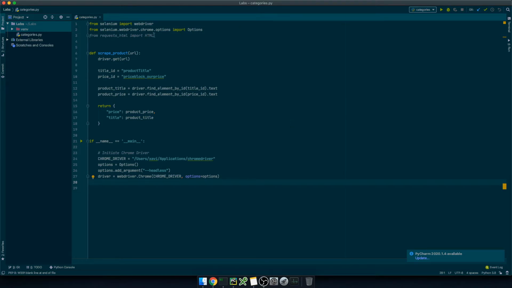Okay, so in this script, I'm importing WebDriver from Selenium, options for the Chrome WebDriver, and HTML from requests HTML. I've also defined the main module, initiate the Chrome WebDriver. And I also kept and renamed the scrape product function from the last video. Now let's define categories as an array of strings, and in here we'll define the category URLs we want to